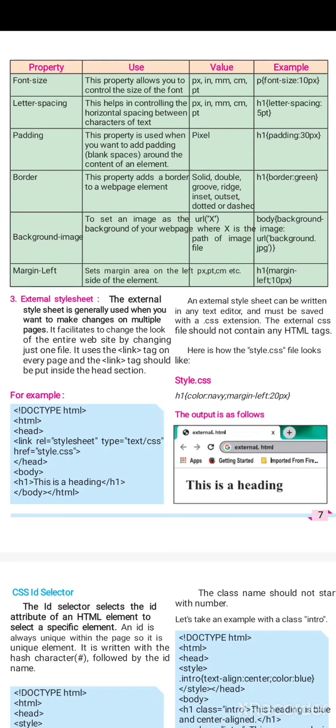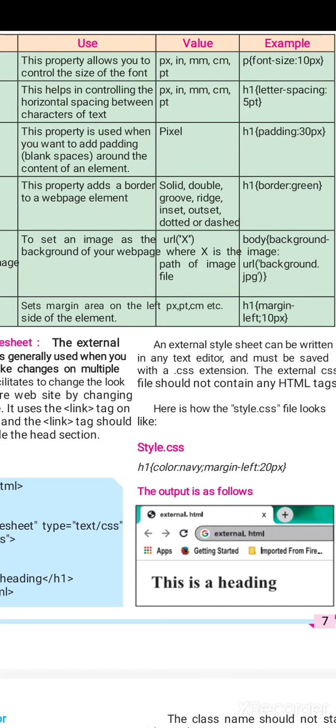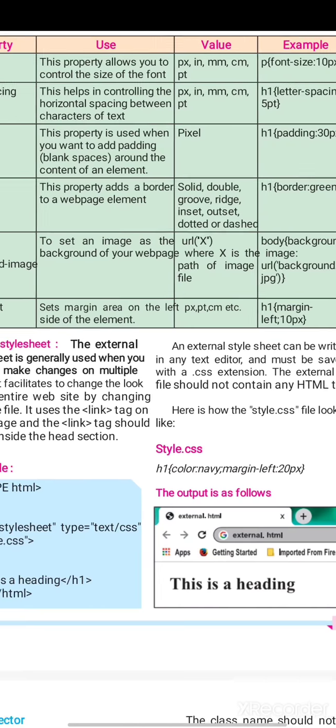Basically nowadays it is good practice to apply the value of font size in pixels. An example is given: p selector having a value for the property font size 10px, that is pixels.